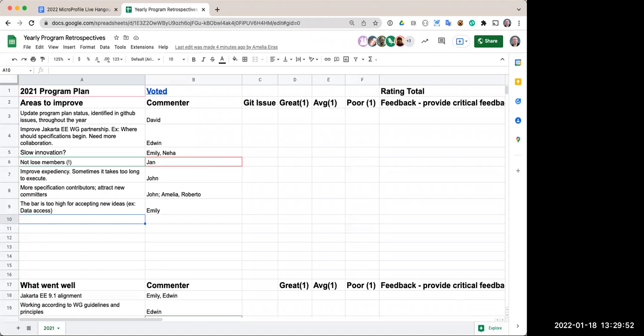What might be a reason that a lot of innovation is created within Jakarta is that additional Jakarta dependencies are needed for these technologies, like gRPC, for example, or that data source thingy highly depends on persistence API and the NoSQL, for example. And these are already Jakarta